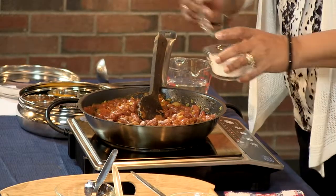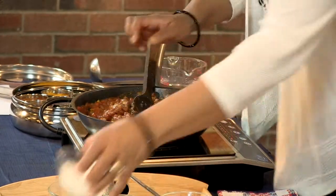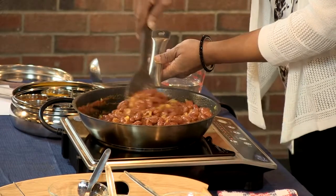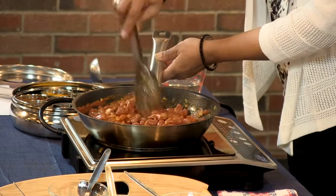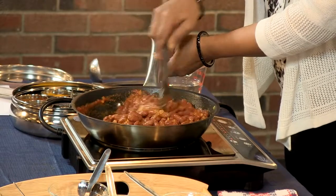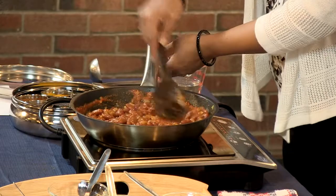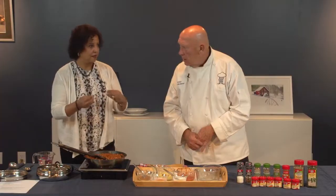So that's about a half teaspoon. And at the end of it, pretty much this is it. You just add hot water and cook it down. You cover and then you cook it down for about 10 to 12 minutes till you lose all of that water,